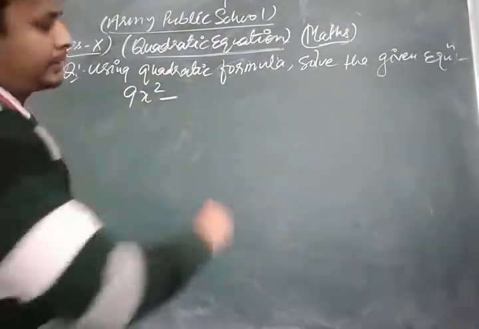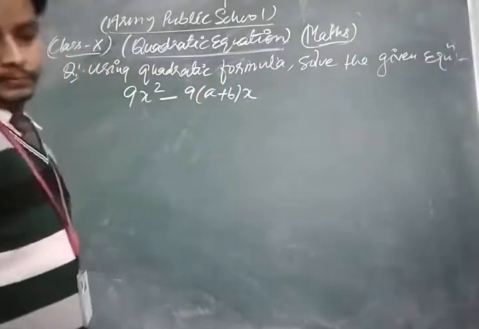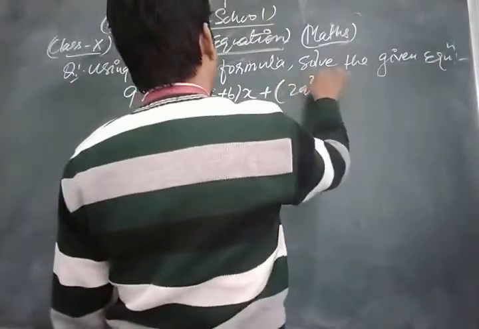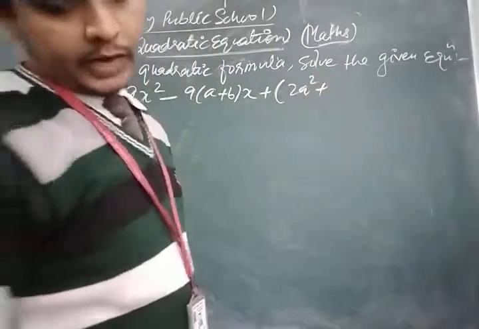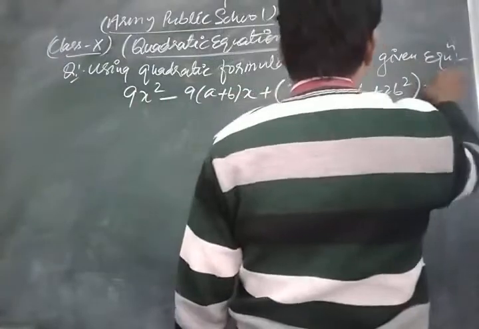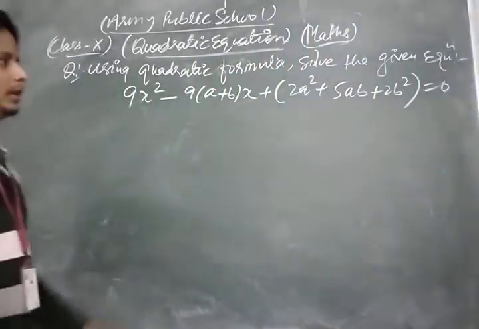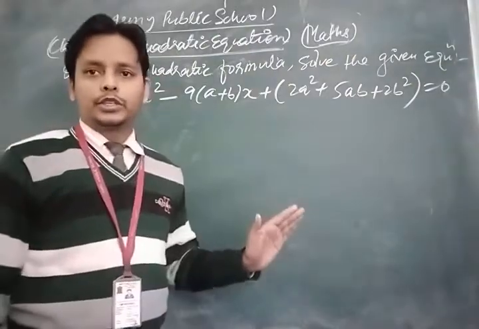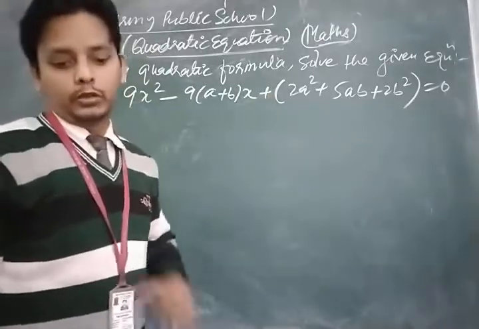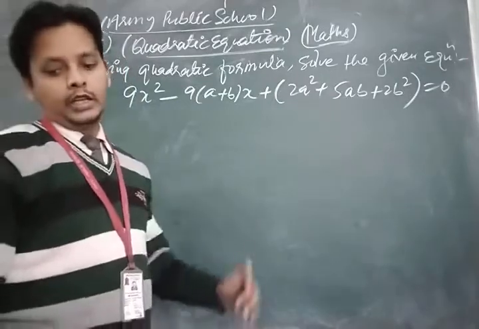Your equation is 9x square minus 9(a plus b)x plus 2a square plus 5ab plus 2b square is equal to 0. Okay, this is the quadratic equation in variable form, and we are solving the given equation by using the formula. So first of all, dear students, we compare the